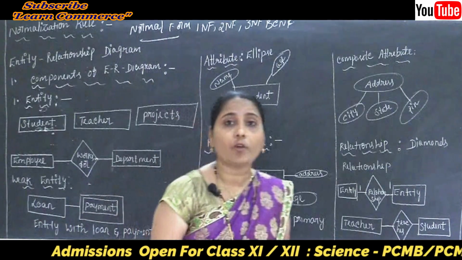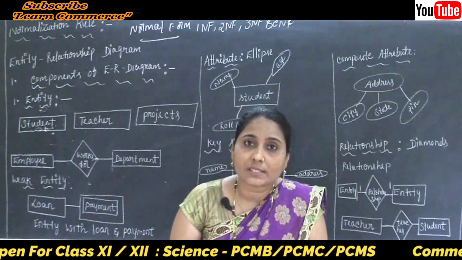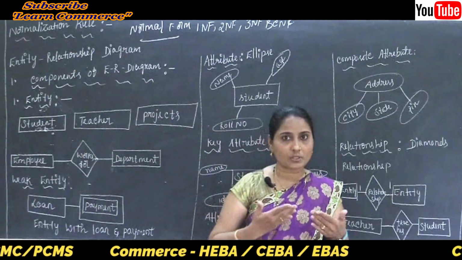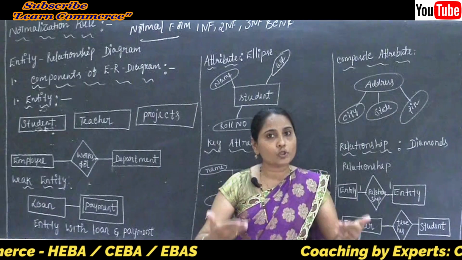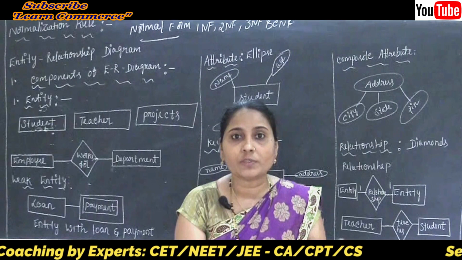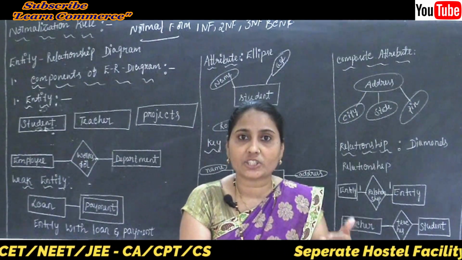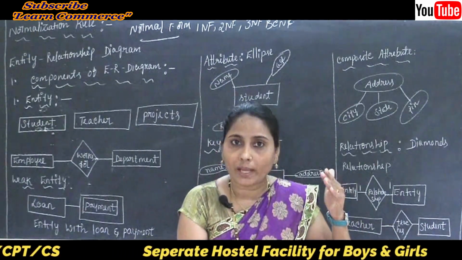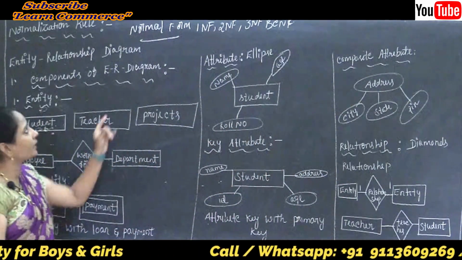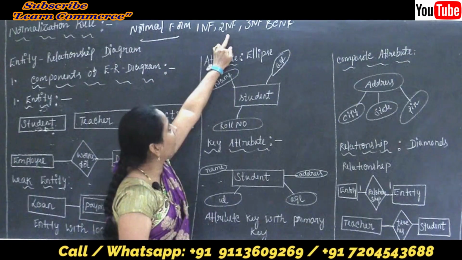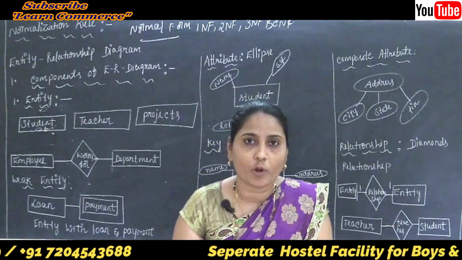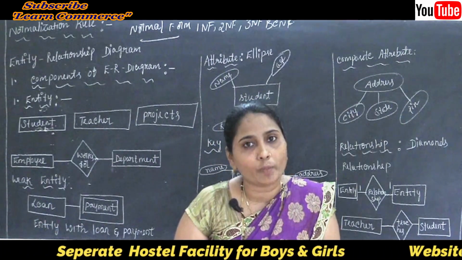Well, we know that the normalization rule means the process of organizing data in a database. To organize the data, first of all we need to create the table, and we need to make the relationship between the records. All those we need to perform in our normalization rule, and we know that such normalization rule is divided into some normal forms. So the normal forms are the first normal form, second normal form, third normal form, and BCNF. Why? Because BCNF's full form is the Boyce and Codd normal form.